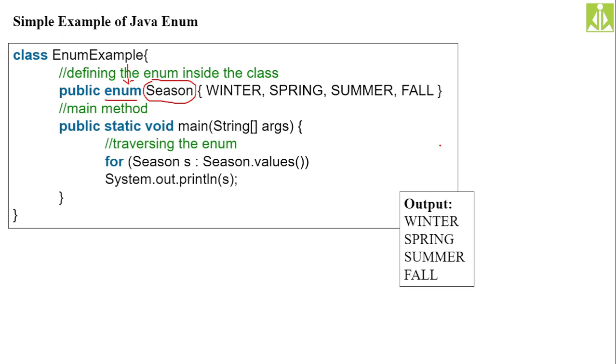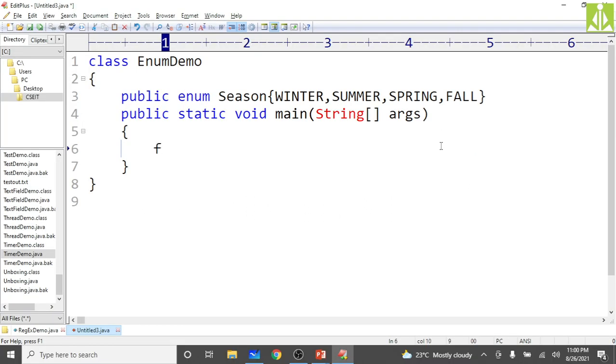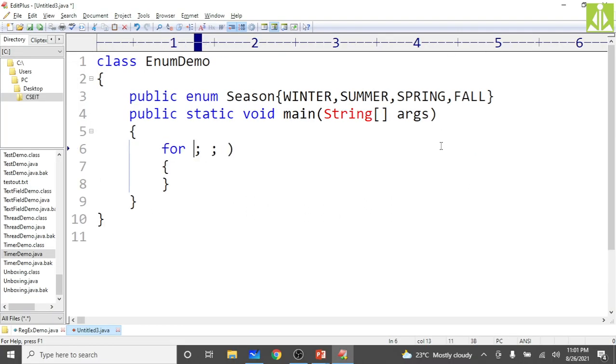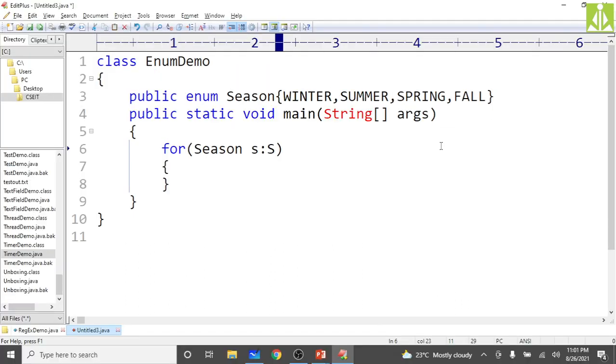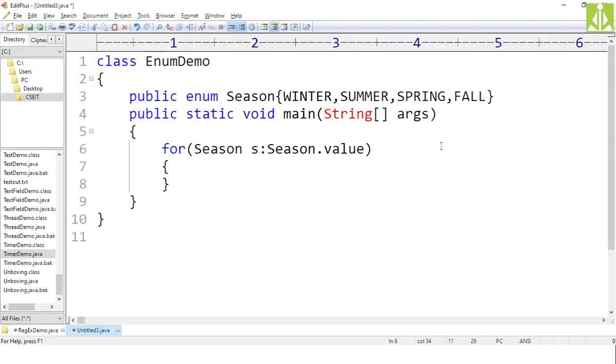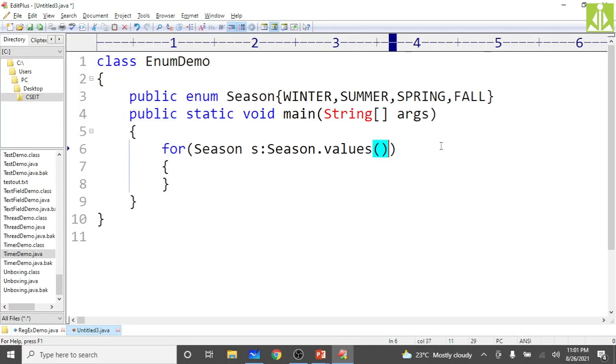To print it, I am taking the help of a for loop, but I don't want this form, I want the second form of for loop: Season s colon Season.values().